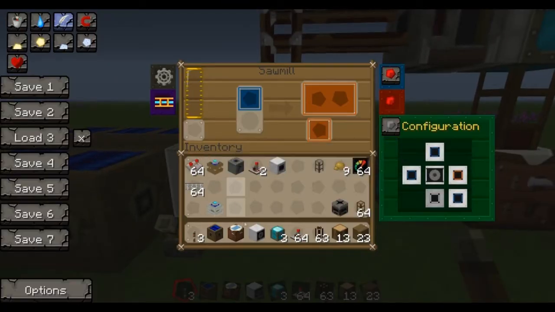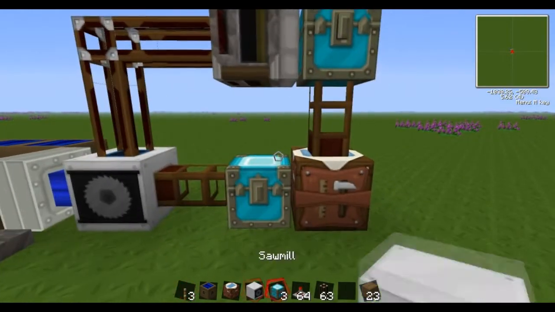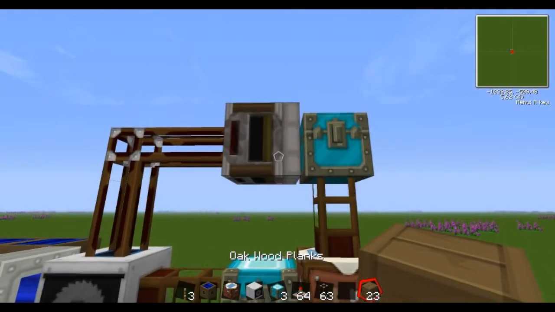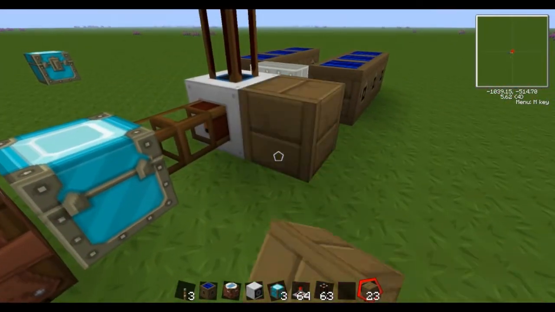I'm going to open up this here, and I'm going to drop, let's say, about a tree's worth, like, let's say 8 oak wood in there like that. So about as much as you would get from a normal tree. Then I'm going to simply power this guy with a timer, and I'm going to do that by connecting it up to the pipe